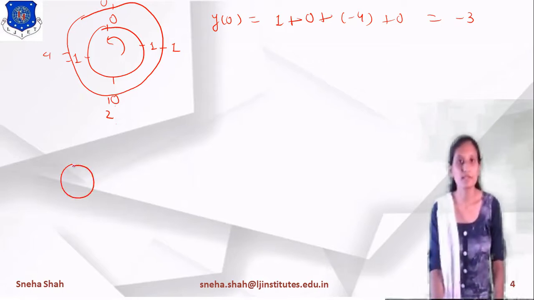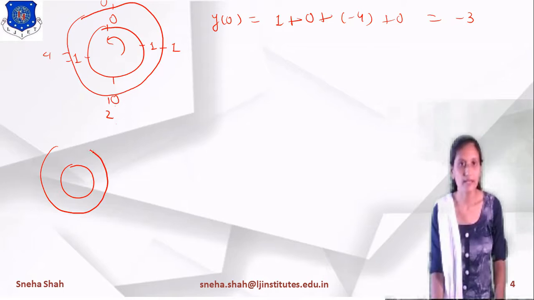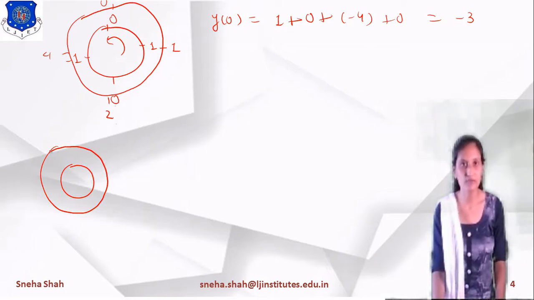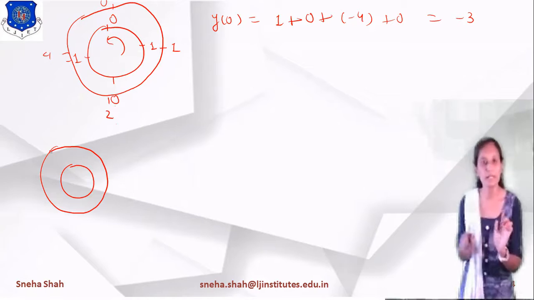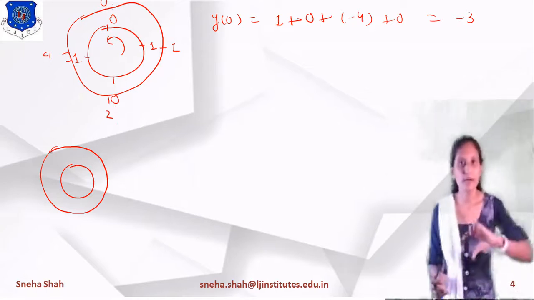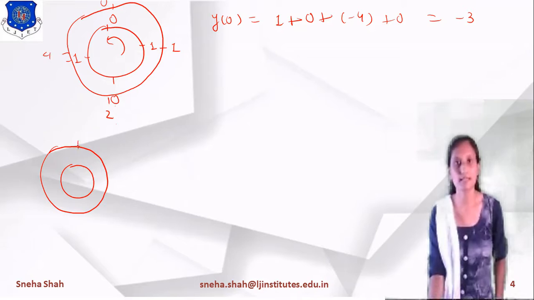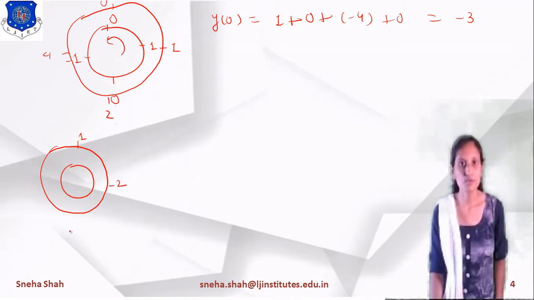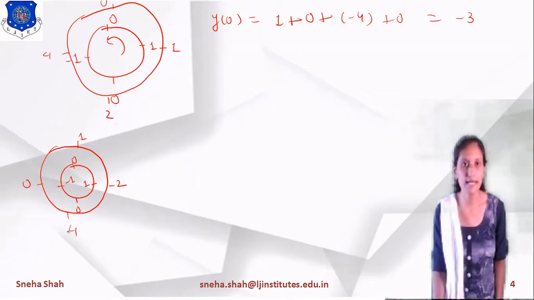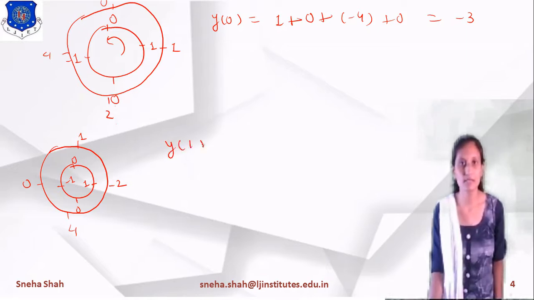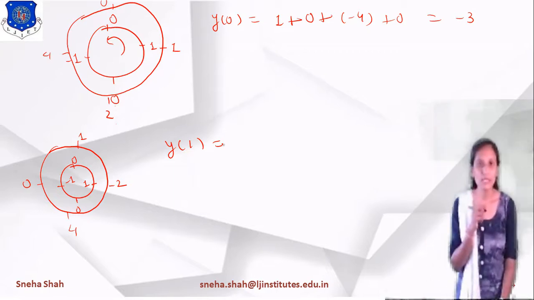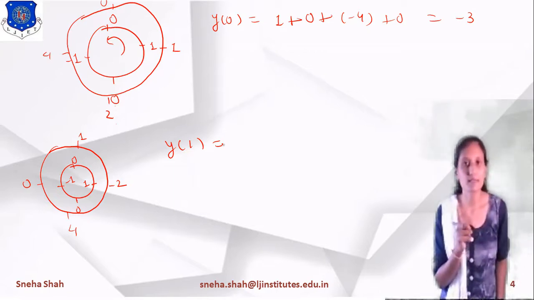Right? Same way, we draw this x of n and this h of n. Now after folding, we shift h of n by one term. If I shift h of n one term in the anti-clockwise direction, then this 1 goes over here, this 2 goes over here, the 4 comes here, and the last term 0 comes here. Same way, we represent x of n in the anti-clockwise direction, right? Now if I add after multiplication, since we have taken one shift, it will give you the answer y of 1.